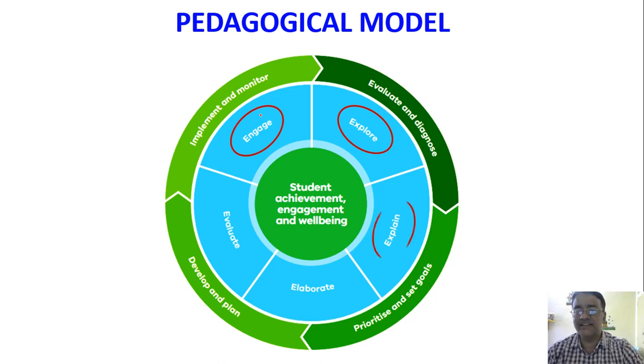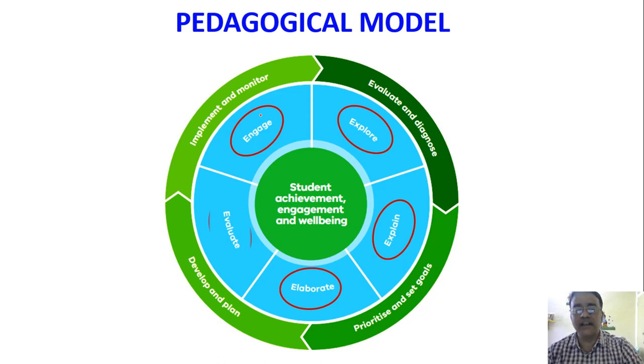And the next one is explain. Teachers explicitly teach relevant knowledge, concepts, and skills in multiple ways to connect new and existing knowledge. They monitor students' progress in learning and provide structured opportunities for practicing new skills and developing agency. The fourth one is elaborate. Teachers challenge students to move from surface to deep learning, building students' ability to transfer and generalize their learning. They support students to be reflective, questioning, and self-monitoring learners.